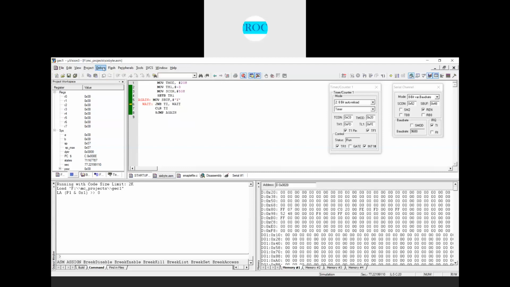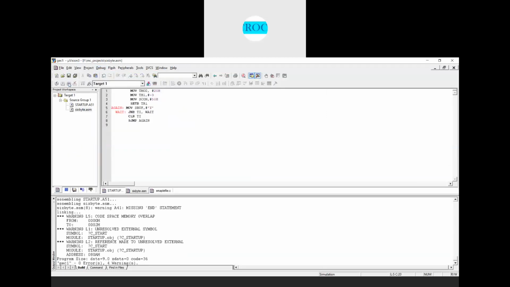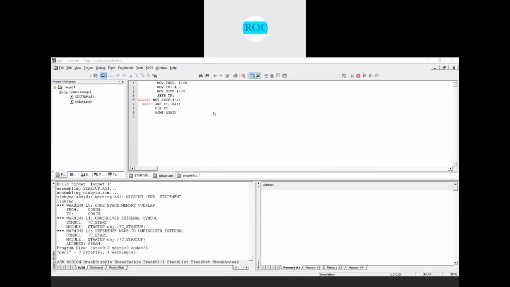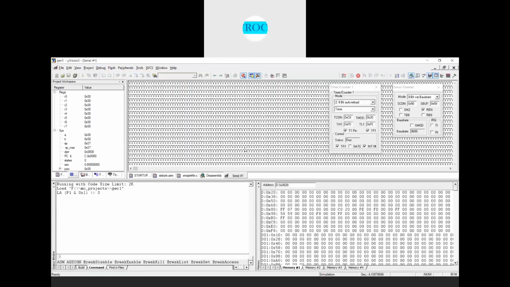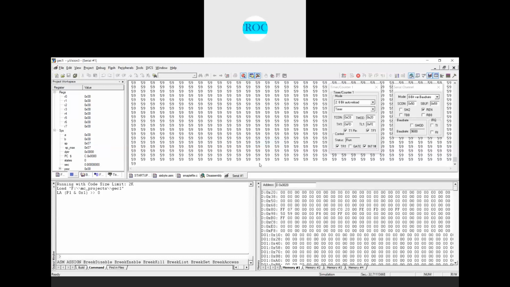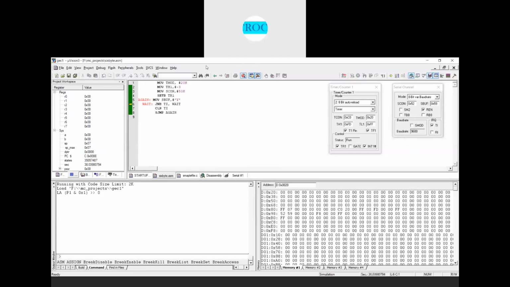Now save this, execute this one. Now again start the debug mode here, right? Now let's directly run this code so that we have Y being transmitted serially. And what is the hexadecimal equivalent of this ASCII character Y here? It is 59. Right? If you see, we will look at the ASCII table.